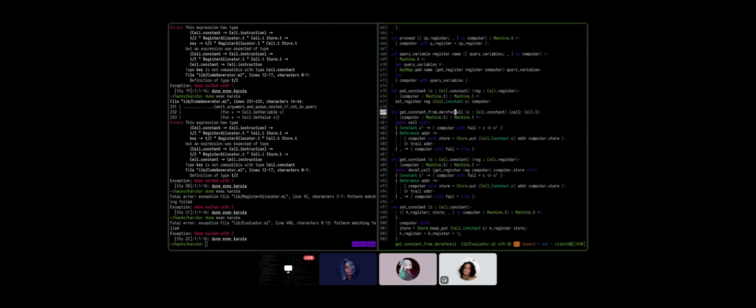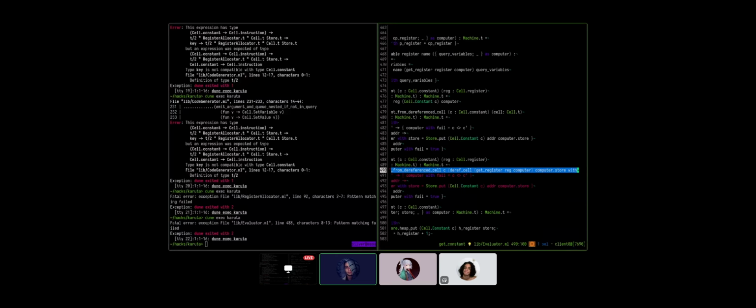From the reference cell, then get constant is just going to be... Oh, that sucks a little bit.